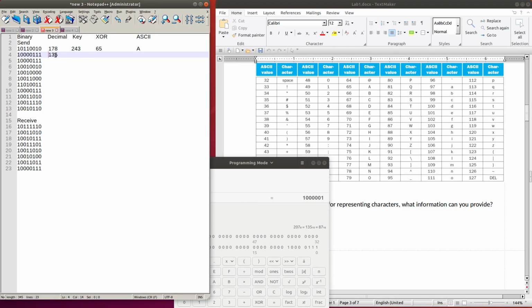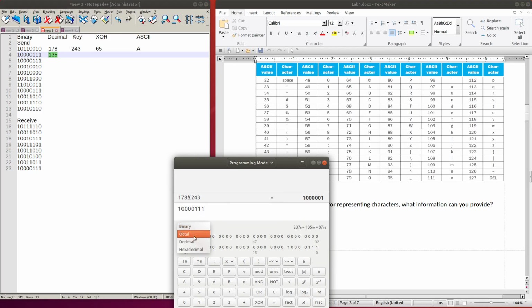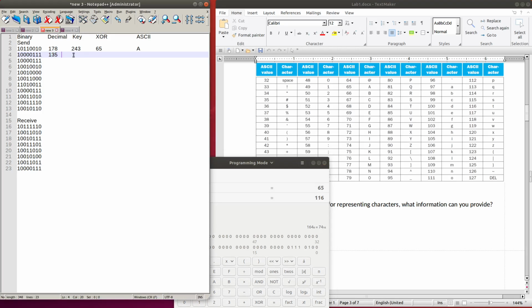Then we take that 135 and exclusive OR with 243 for the key, and the result is 116.